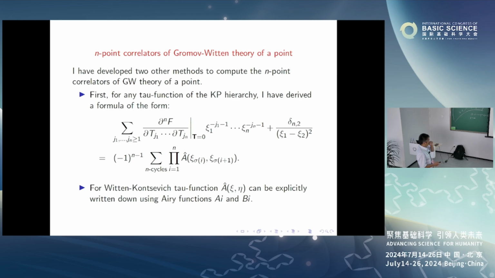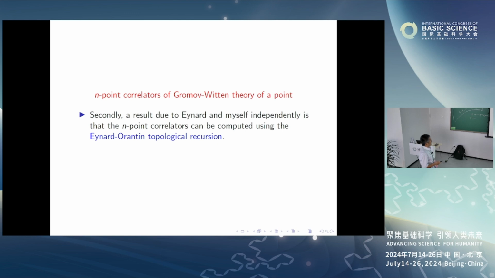I will not go into the details of this, but something similar to this has already appeared in the literature of matrix models. They have something similar, so I have also considered what their relationship is. Another thing is that